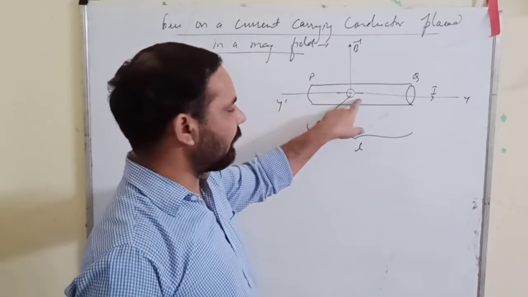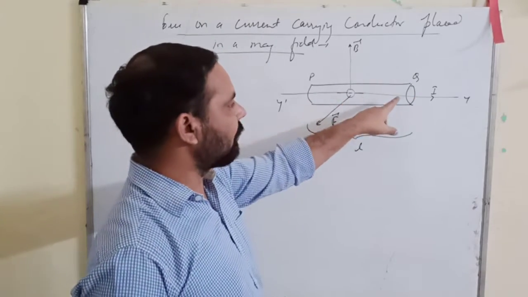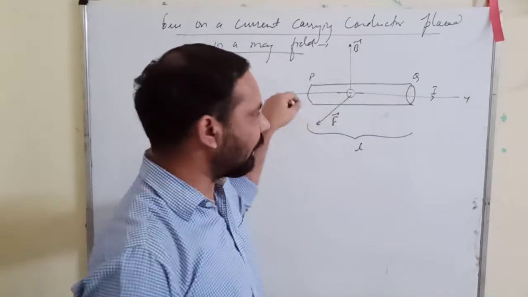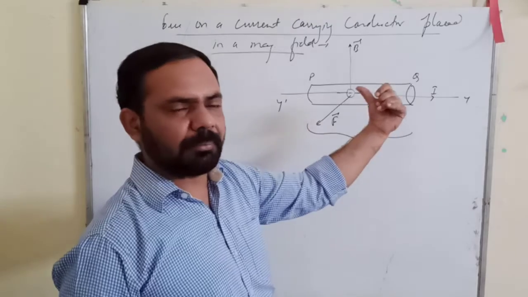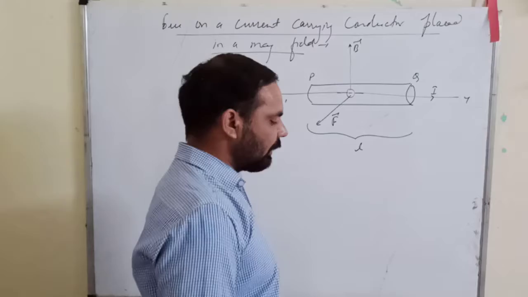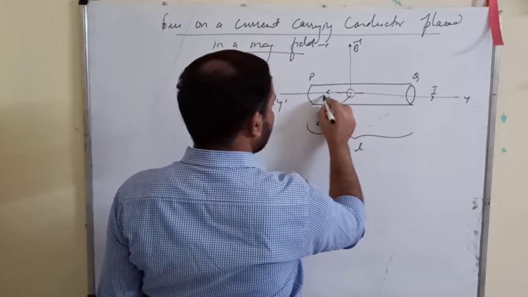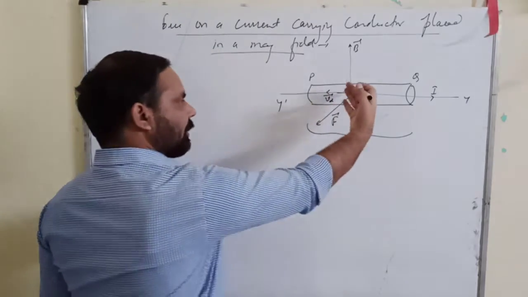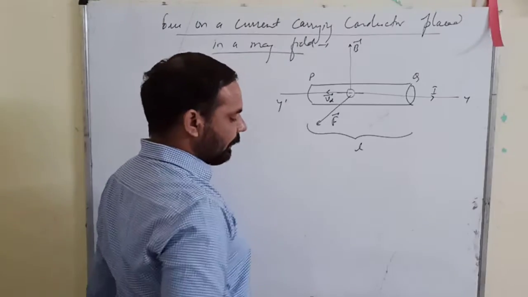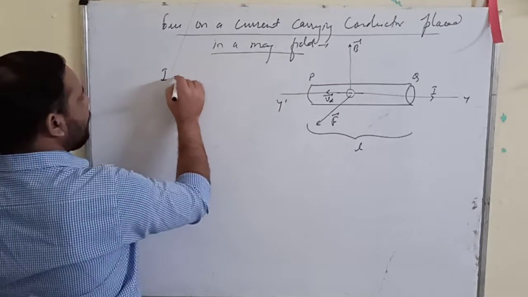Then the negative charges would be flowing from Q to P. The direction of negative charges will be opposite to the direction of the conventional current I. If I is flowing left to right, then the negative charges, the actual current, will move from right to left. The drift velocity of this negative charge will be from Q to P, in this direction. Now we will find out how much current is flowing through the conductor.